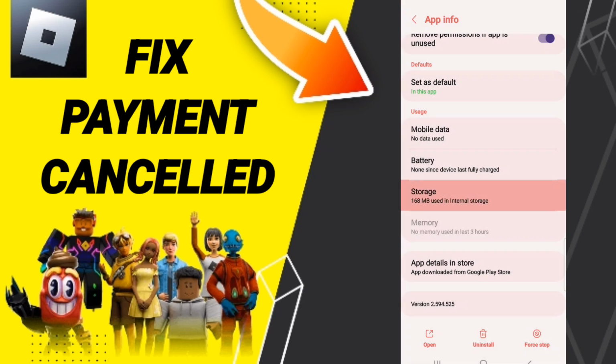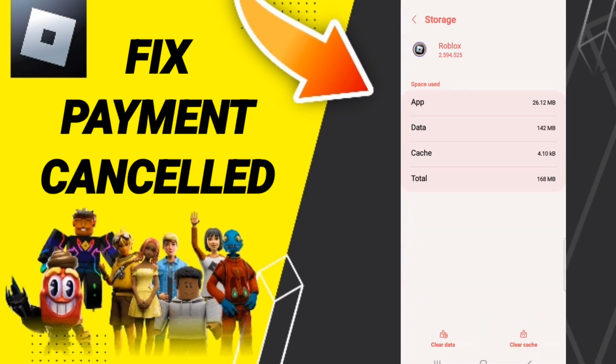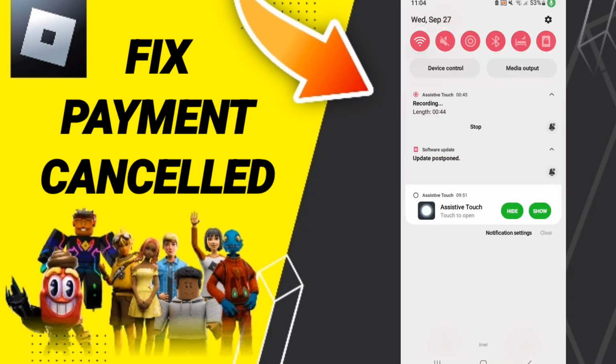Then we click storage. When you find this page, we click clear cache, and in the end you can turn off your Wi-Fi and you will wait a moment. Then you can turn on your Wi-Fi again to fix your problems on